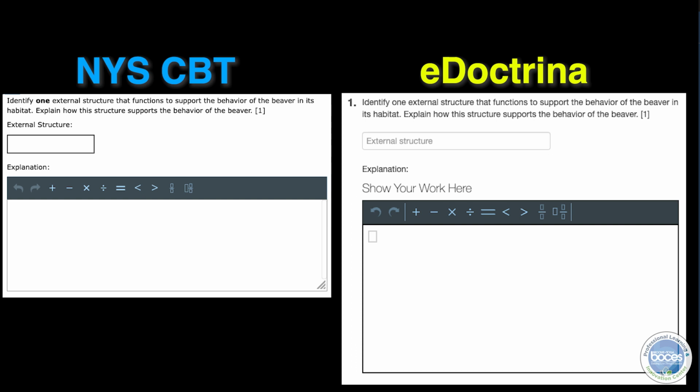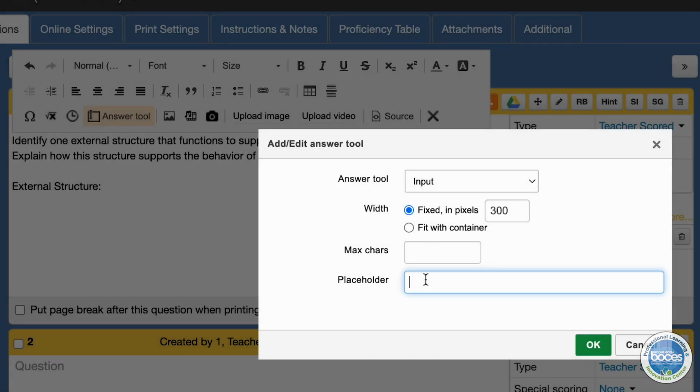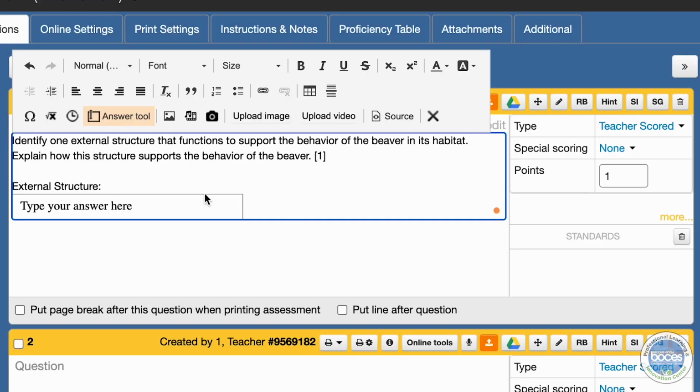So instead, what we did is we put the external structure above the text box, just like it is in the state assessment. But the placeholder, going back to eDoctrina, the placeholder I'm going to use is I'm going to say, type your answer here. That's what the students will see, right? I could say, identify the external structure here, whatever I think is the best idea. And maybe the first time I do this with my students, I explain this to them. But I'll say, okay, and you'll notice it now says, type your answer here,